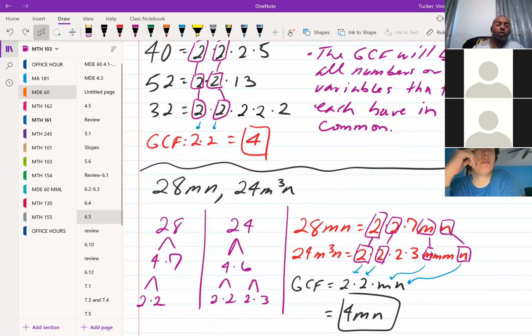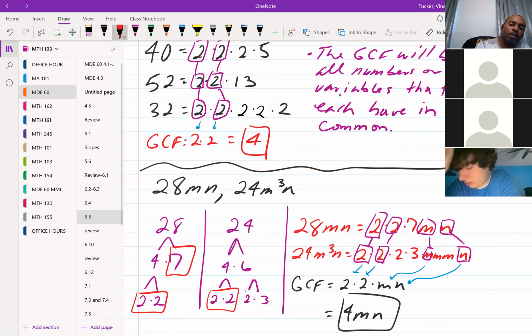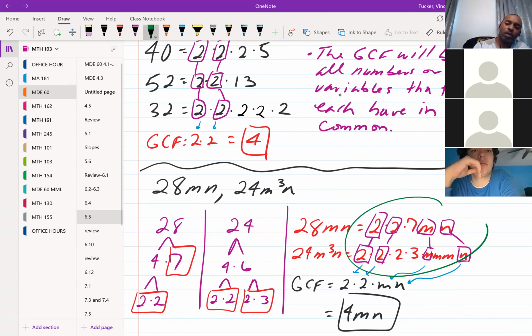But 28 is 4 times 7. 4 would then break down into 2 times 2. So we have these two pieces and then the 7. 7 you can't break down any further. And then with 24, that's 4 times 6. And then you have 2 times 2 and 2 times 3 as a result of those two numbers. Over here, writing it all together,